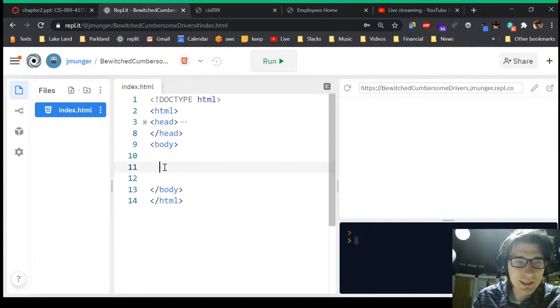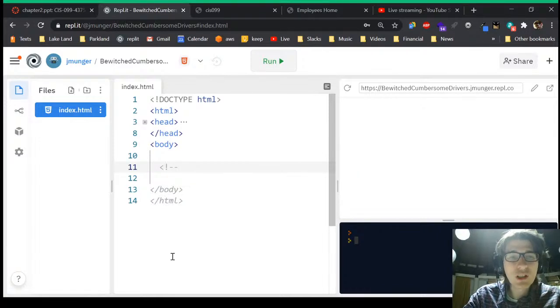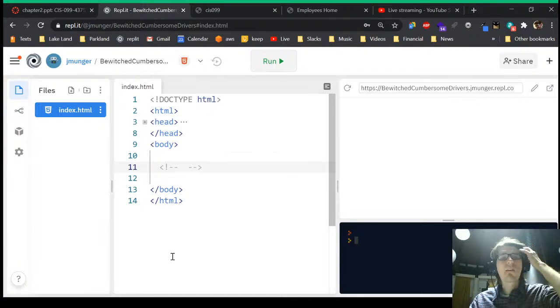So let's add some elements. So we looked at headings. I'm also going to introduce this idea of a HTML comment. If I can remember how to do it. There it is. Okay. So